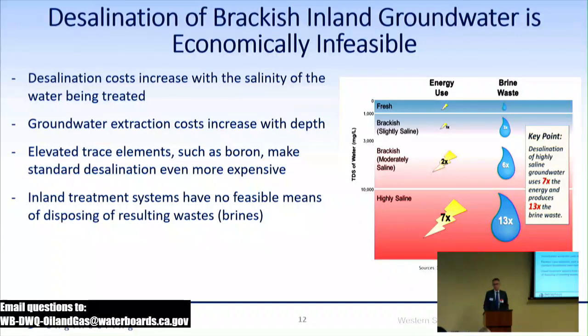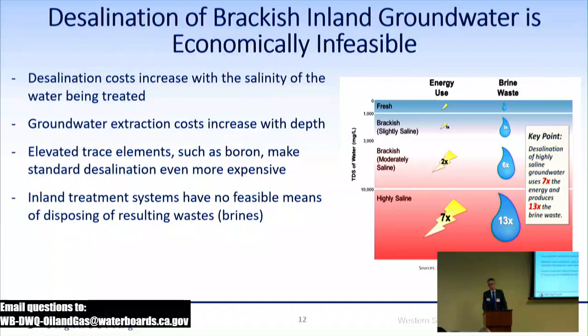Groundwater extraction costs also increase with depth. So obviously pumping groundwater from great depths is quite expensive. It takes a lot of energy. There are also elevated trace elements present in Central Valley groundwater, such as boron, which make desalination more expensive than the standard desalination technology. It's a different treatment train. But most importantly, inland treatment systems have no feasible means of disposing